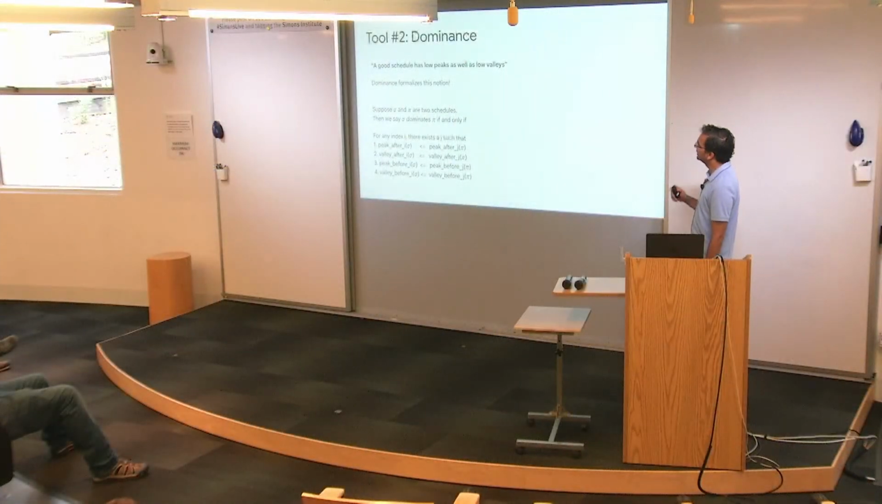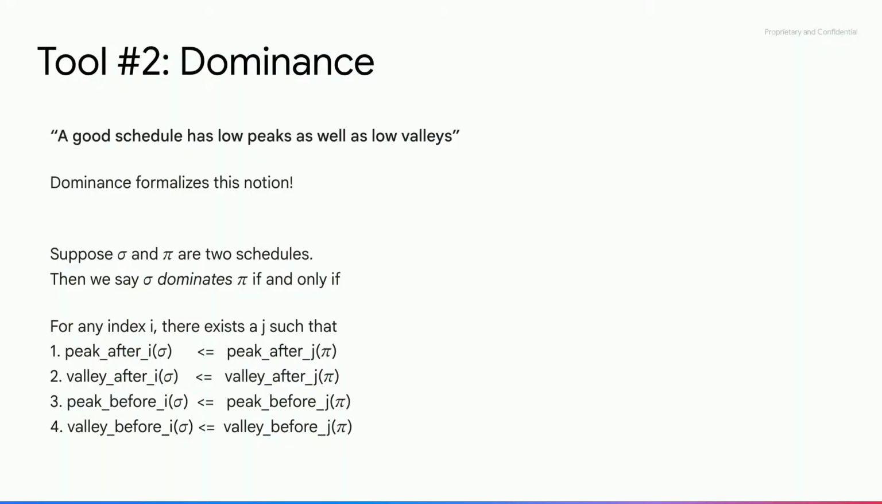Okay, so tool 2 is dominance. I said something vague earlier, like a good schedule has low peaks and low valleys. What does that mean? Let's try to formalize it. So suppose we have two schedules, sigma and pi. They both are schedules for the same graph. Then we say that sigma dominates pi if and only if the following 4 conditions are met,